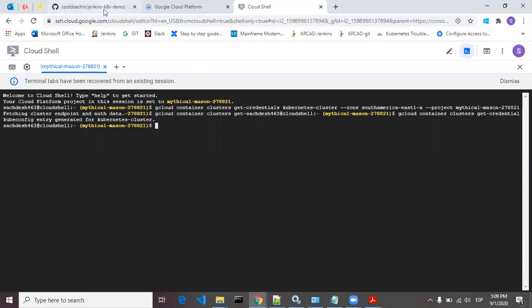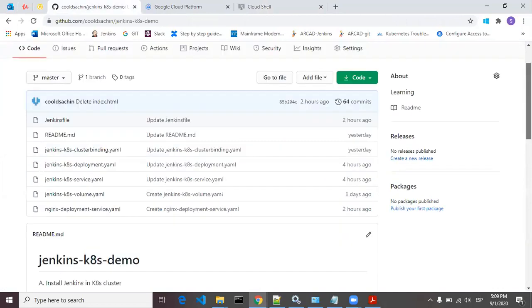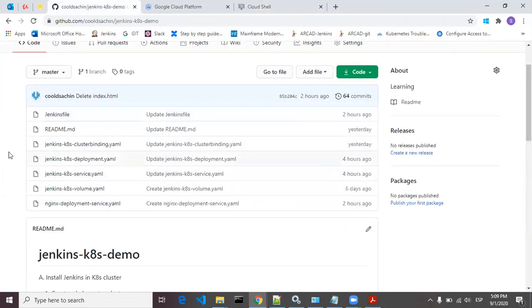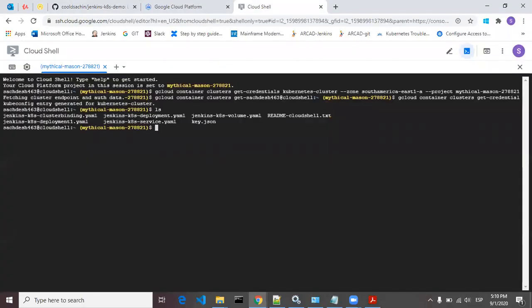Now you have to apply all these YAMLs one by one. So I have copied all these YAML files over here. How did I do it?